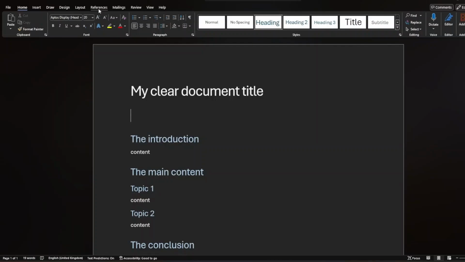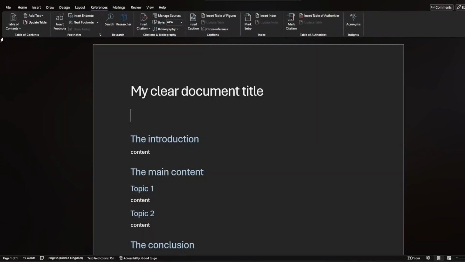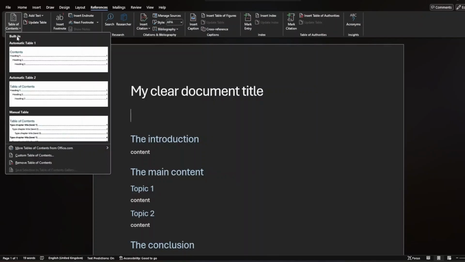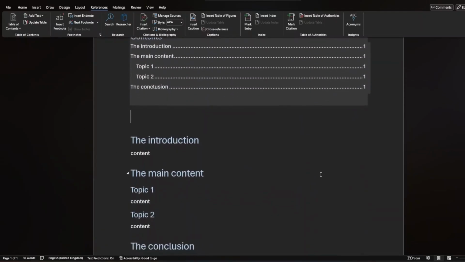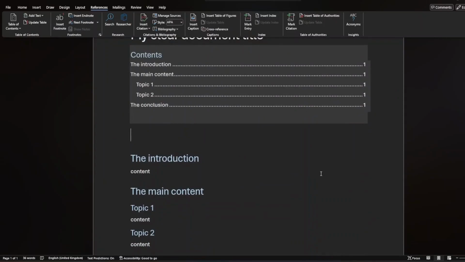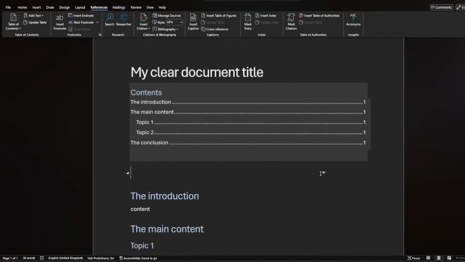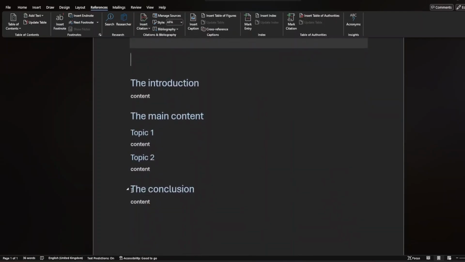Then we go to the References tab, and you'll find the table of contents within that ribbon. We've got various options. I'm just going to choose the first automatic table. And it uses the headings, so it recognises that we've got headings at level 1 and 2 within this document. And you can currently see that everything's on page 1. If I was to add a page break just here,